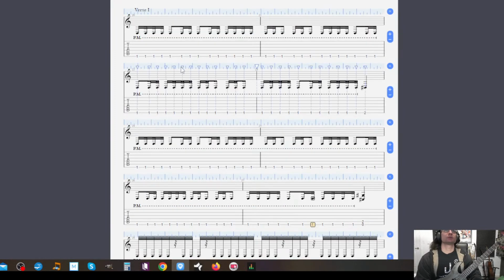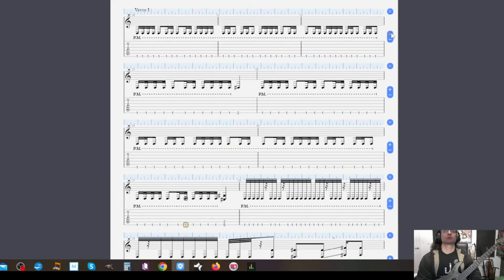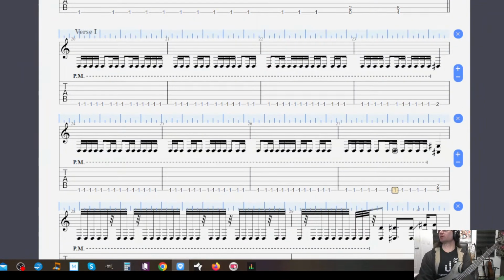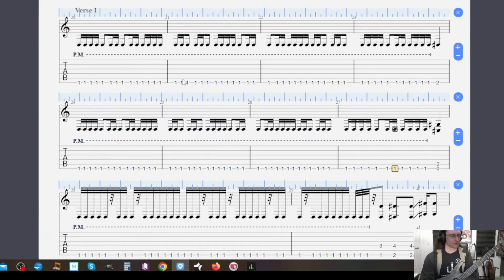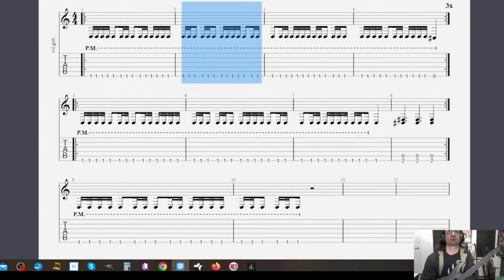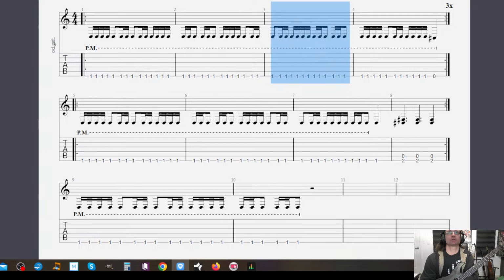So if I compare these, so that's 1e and a 2 and a 3 and a 4 and a 1e and a 2 and a 3 and a 4 and a, that's the same. Let's bring it up like this so it looks even more similar. Okay. And zoom in a bit. Alright. And then the next bar, we got 1e and 2e and 3e and a 4 and a 1e and 2e and 3e and a 4 and a. Okay, that is the same. So 1 and a 2e and a 3e and 4e and 1 and a 2e and a 3e and 4e and. Okay.